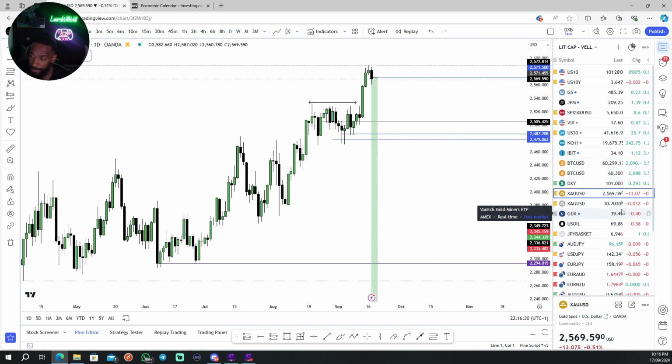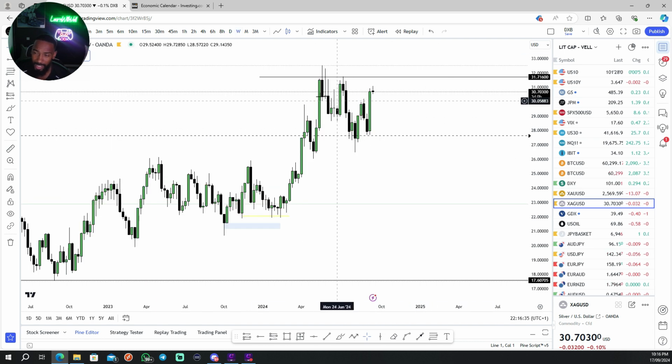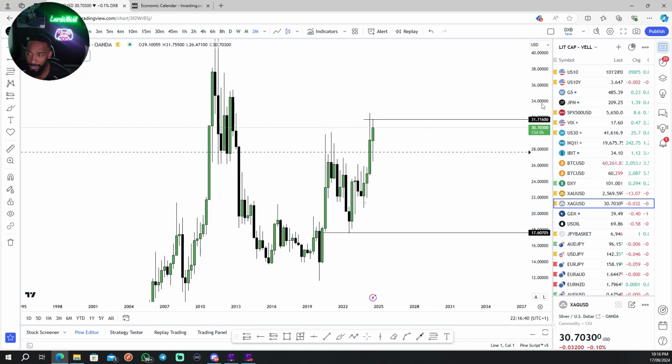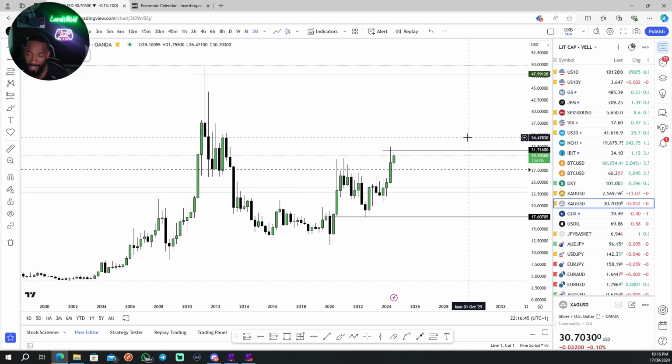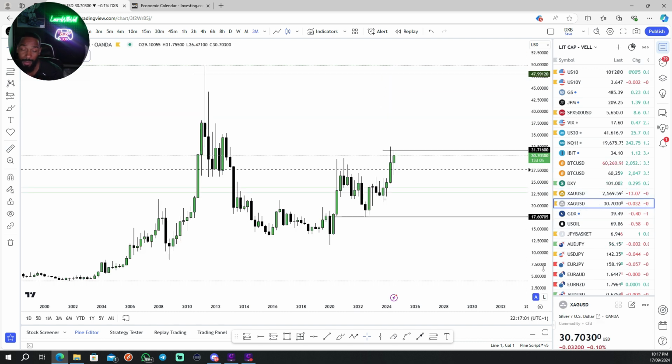So with that being said, we're going to move across to silver, and we're going to have a look at what silver's doing, just so that we can grasp what is happening with gold, if gold is potentially going to keep pushing higher. Now, I've told you guys already, if you're watching this for the first time, buy silver. Silver is one of the most underappreciated assets in the commodities sector. It's only $30 an ounce right now, whereas gold costs $2,500 an ounce. So it's very clear that you can buy more ounces of silver than you can of gold if you've got, let's say, 10,000 pounds, for example.